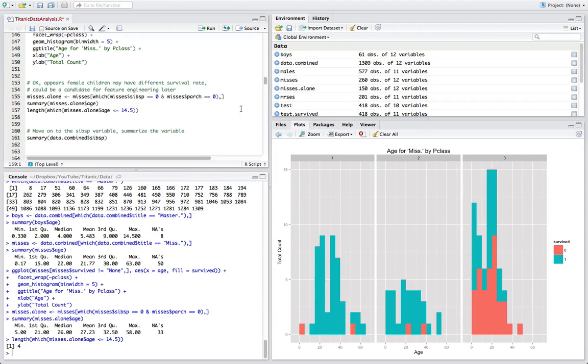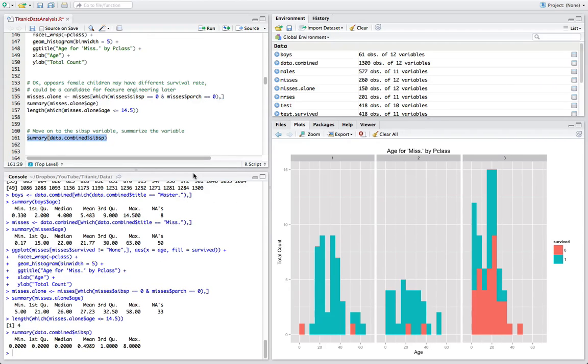Moving on. Let's take a look at the sibling spouse travel variable, or SIB-SPA, for lack of a better way of pronouncing it. We'll run our summary function on that, and we get back some relatively interesting information. It says no NAs. That's good, because we don't like missing values for variables, like we said before. And this is particularly interesting: the minimum value is 0. The 25% of all records are 0. The median is 0, which means half of the records have a value of 0. And the mean is only